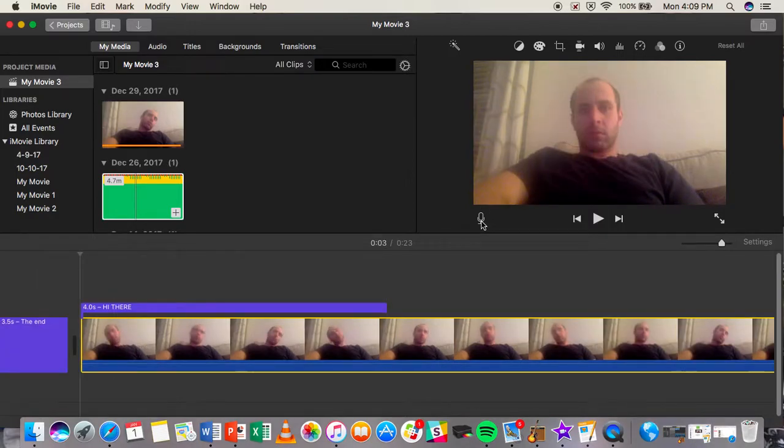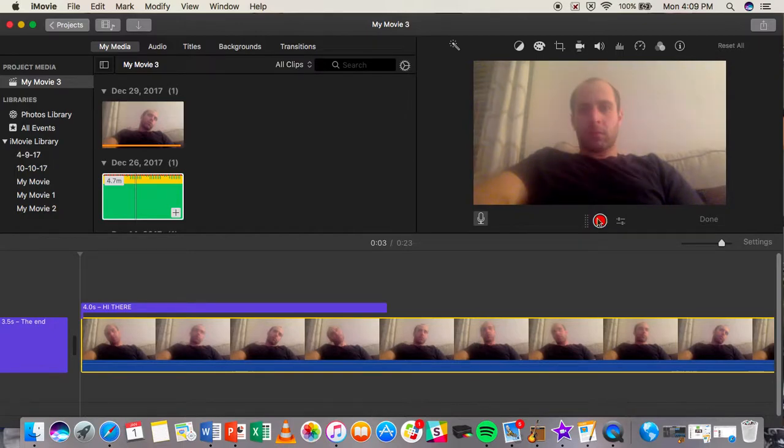This button over here is the microphone. If you hit this, it says record voiceover. This is a quick, easy way to record. I'm not going to do this today because what would happen is if I hit it, I would then loop. It would make a sort of an echoey sound, which I don't want to do because I'm plugged into headphones and have a microphone on. But if I hit this button,